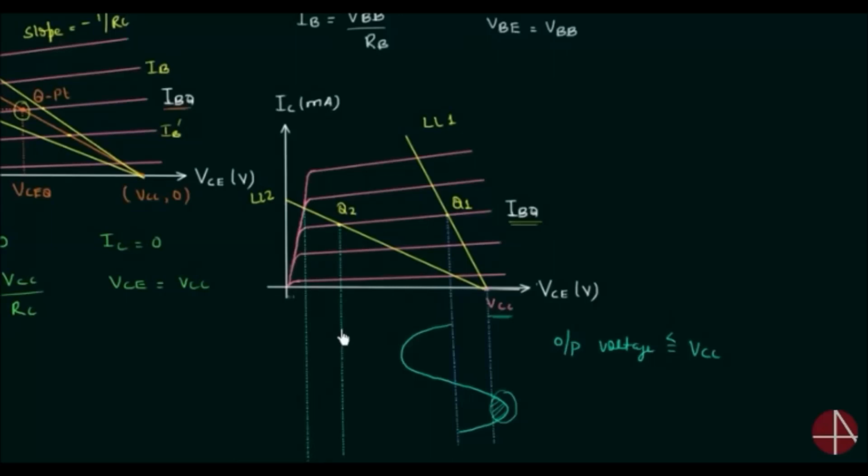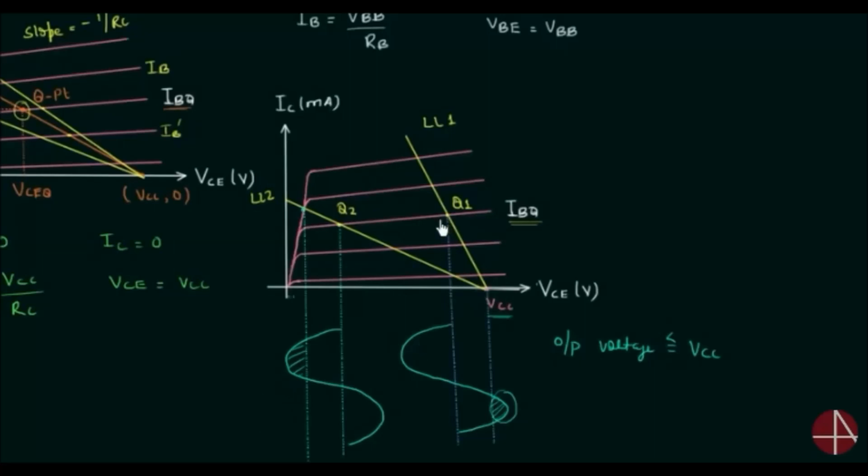In the same way, if we analyze the second case and plot the output waveform, you can see negative portion of the waveform is clipped. Why negative portion of the waveform is clipped? Because this is the maximum value of the current, and the waveform cannot have the current more than this value. Because of this, the negative portion of the waveform is clipped, and we again have distortion in the output signal.